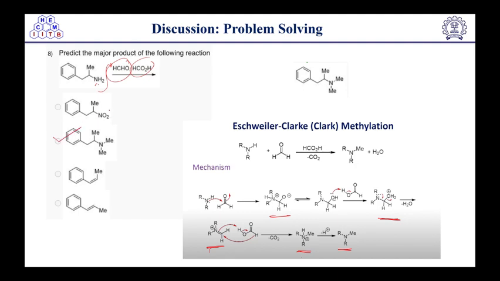So the correct answer is option number B. Okay, so methylation is taking this. The same method you have to repeat twice because here we have two protons. I told you we are using excess of aldehyde and acid, so that's why this reaction will end up only at the tertiary amine formation. The tertiary amine will be the final product in this case because of excess use of aldehyde and